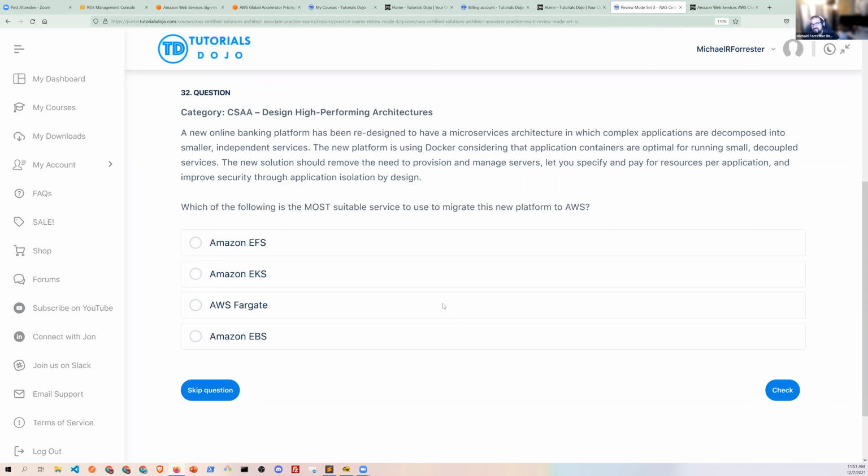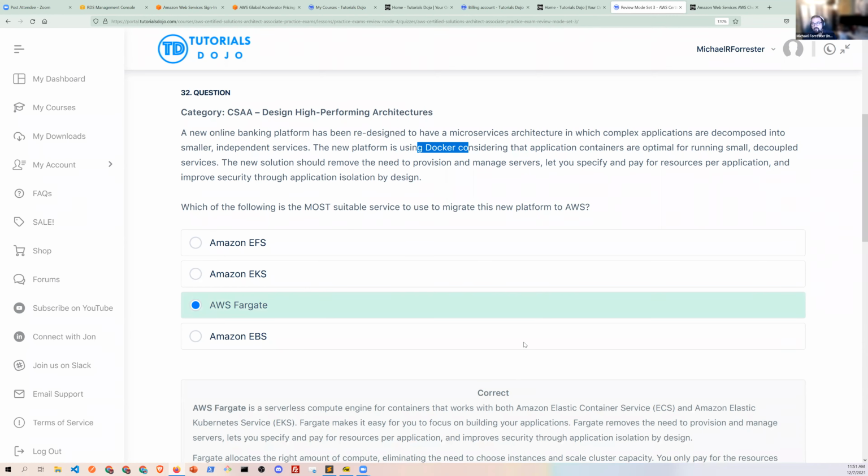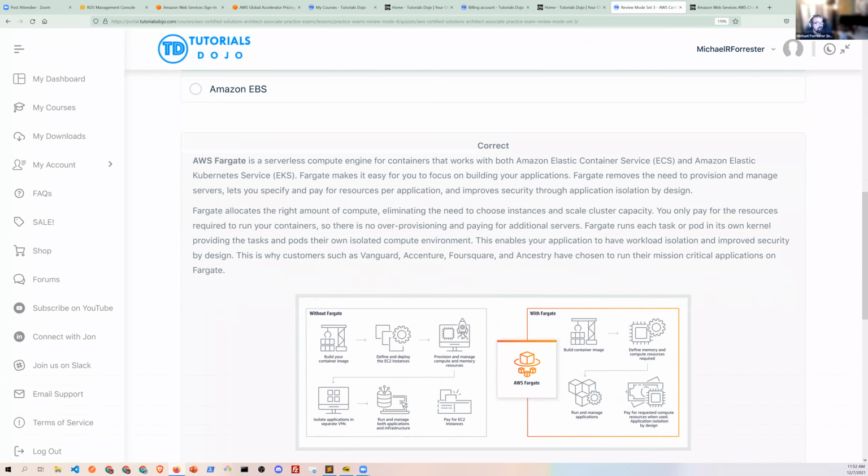Good. All right. So Amazon has a funny thing where they take products that are actually sub-products and not actual products themselves, and they name them as if they're a standalone product. So Fargate works with the container service and the Kubernetes service. Since Docker's there, that's what they're talking about. So most likely they're going to talk about EKS Fargate, because Fargate is the serverless version of EKS or ECS, which is the other container service. When you see Fargate, I don't know why they didn't just call it serverless, but it's serverless for those products.